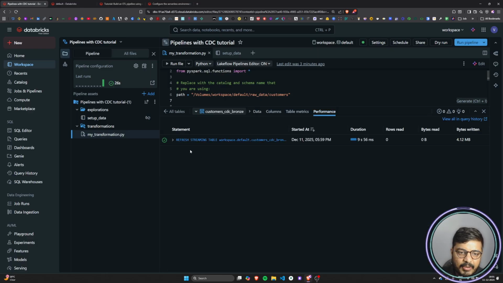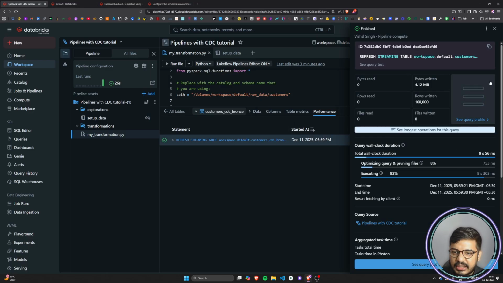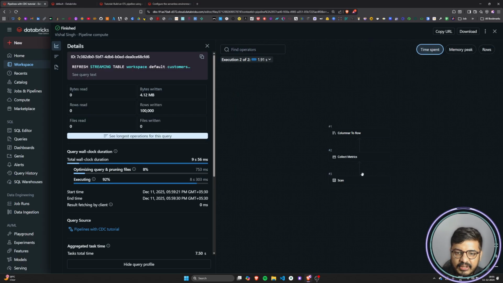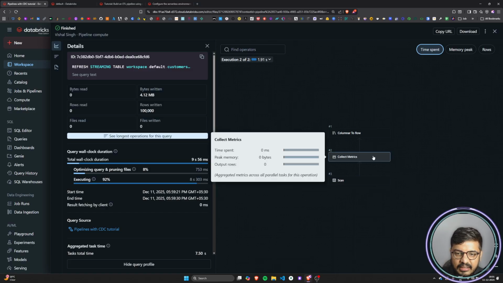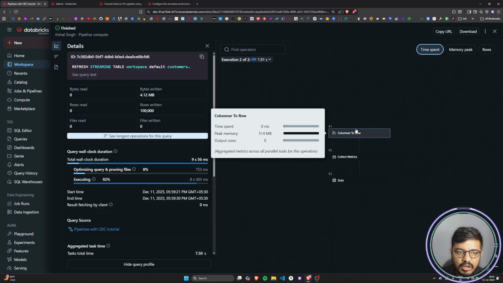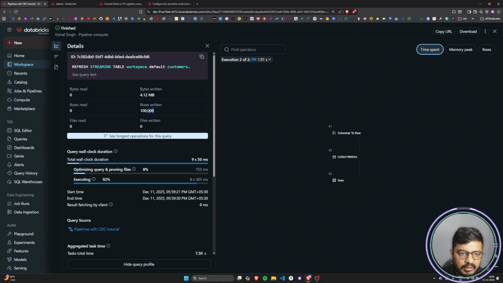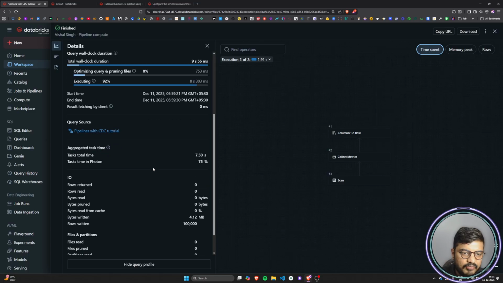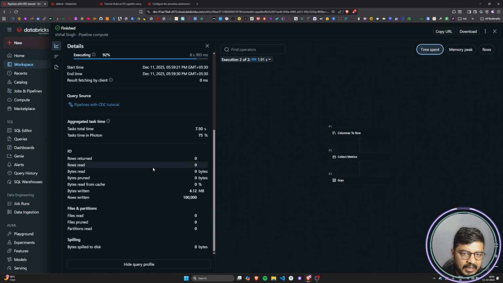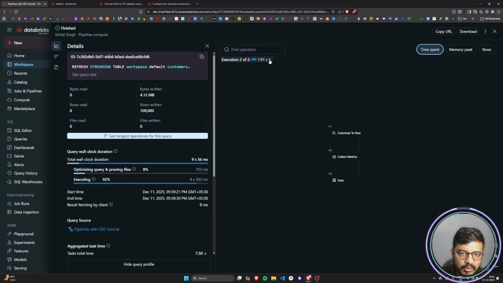Now, if I want to see the performance and everything, we can just click on this, right? And each and everything will be visible to us, that it did a scan, it collected metrics and columns. It has written 1 lakh rows into the table, and the table byte was 4.12 MB. And all the information that you want to see will be available right here. Okay. If you want to see the execution one, you can also see execution one here, right? And all the things